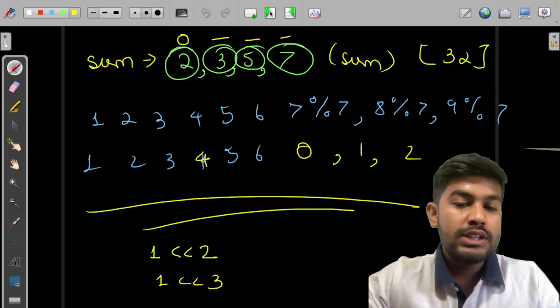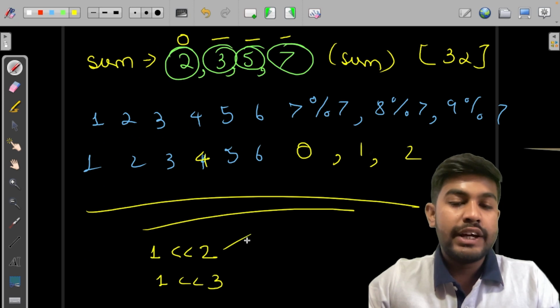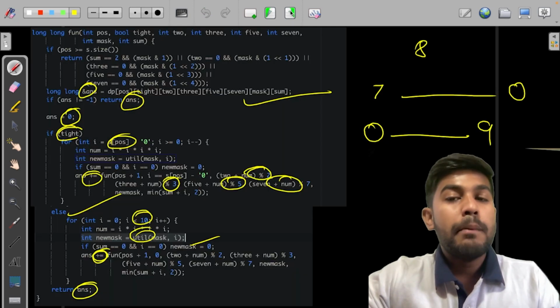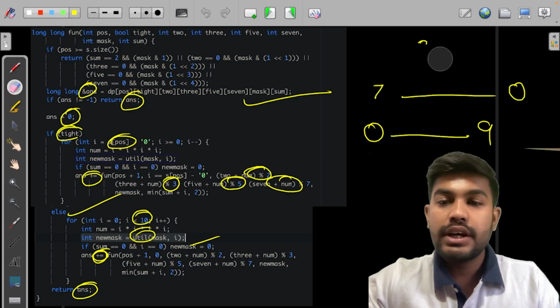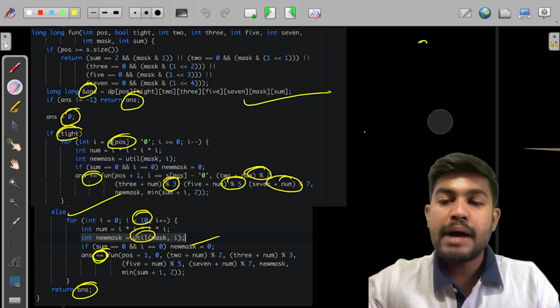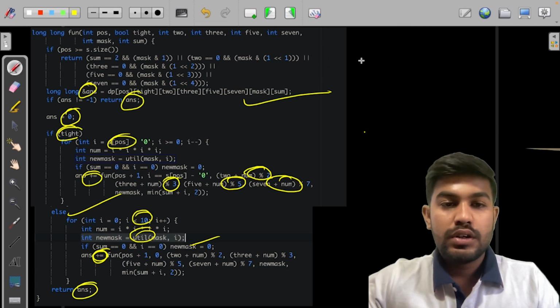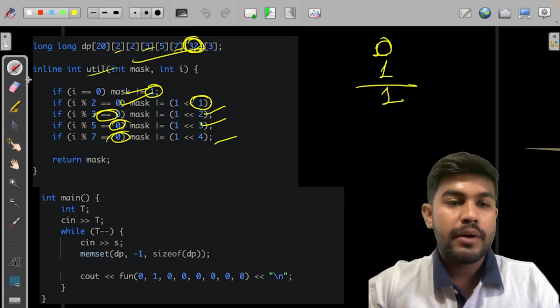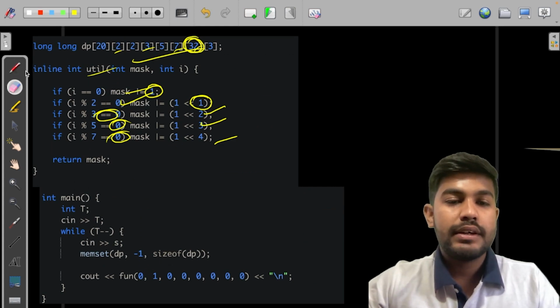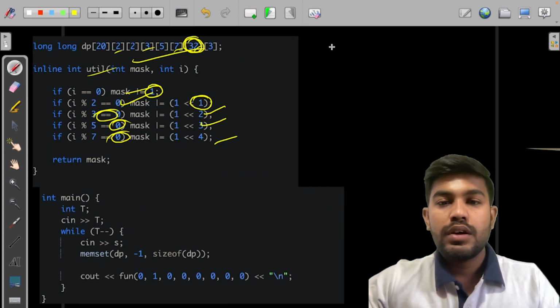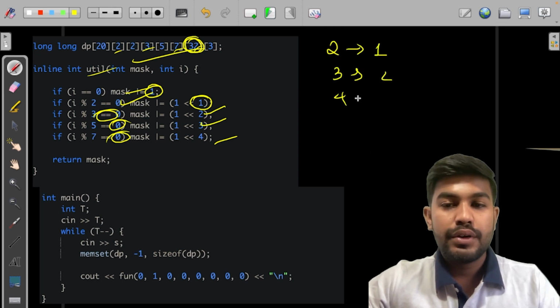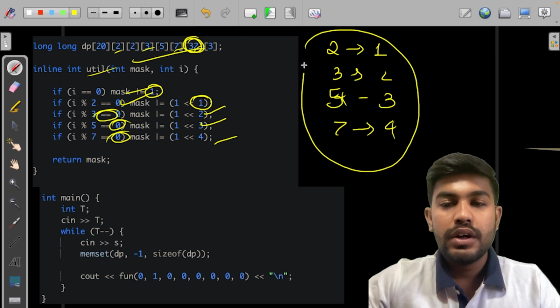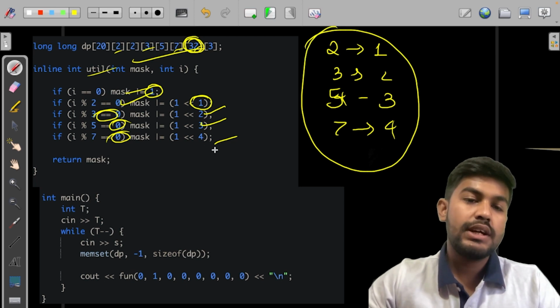What I said earlier was that for 1 I am saving it to 2, then 3, but instead what we are doing is mapping 2 to 1, 3 to 2, 5 to 3 and 7 to 4. This is what we are doing to save on space complexity,